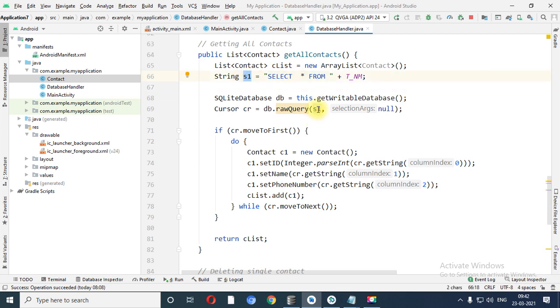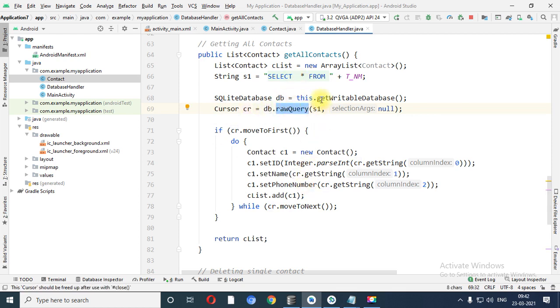Now I need to fire that query. So for that, again I need to open my database in writable mode. Let me create the object of the Cursor class, because one by one from the first record to the last record I want to move the cursor. So for that, I have created the object of the Cursor class. db.rawQuery.